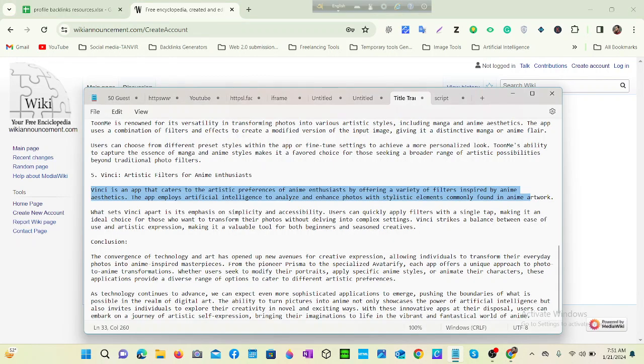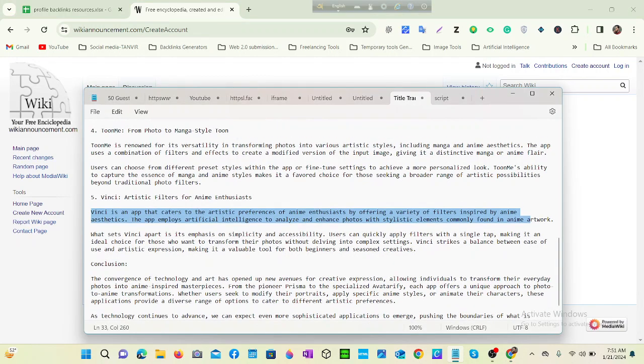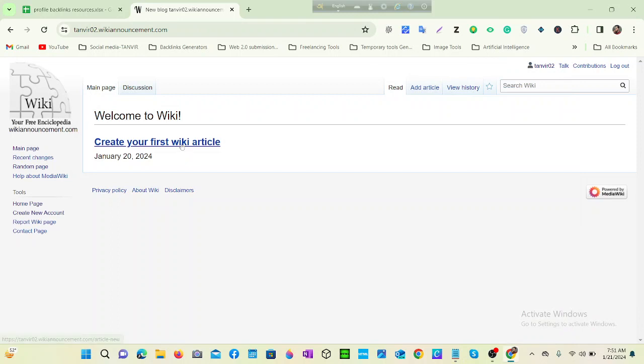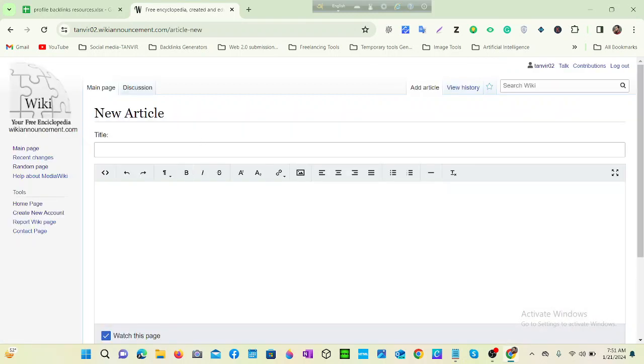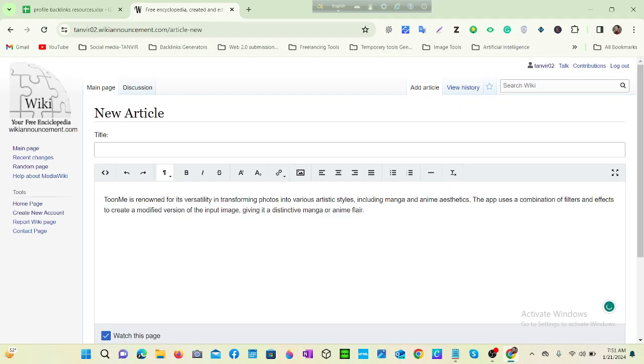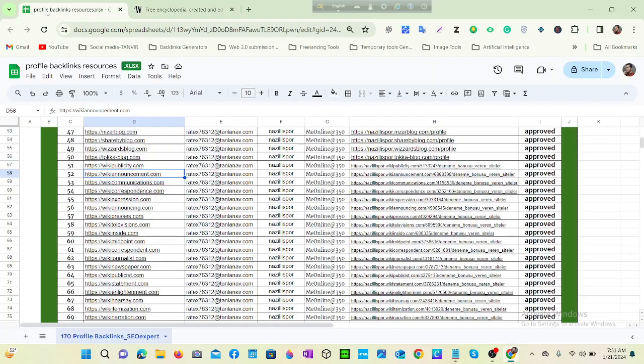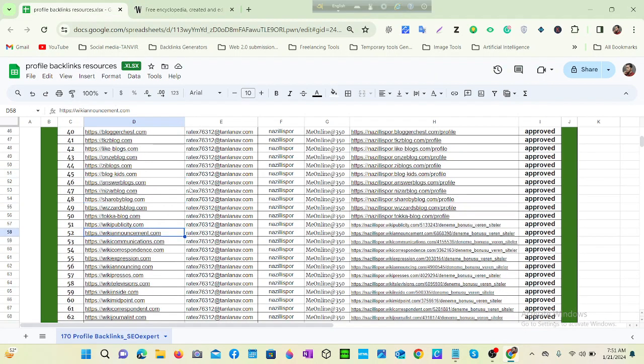Just copy the description and create your first wiki article. Click the option and paste your description, and you also have to add your targeted website link here. Just click the option and